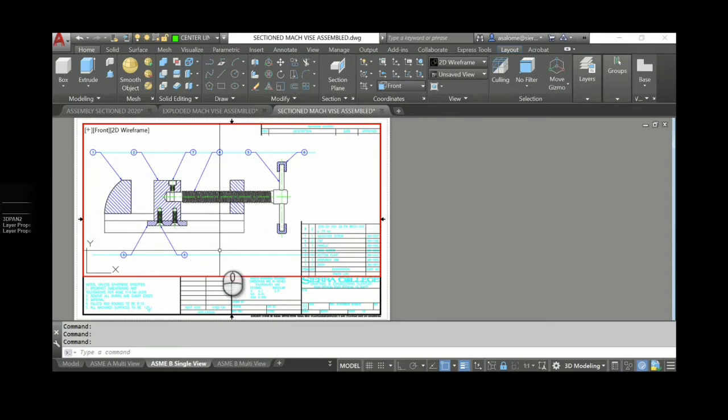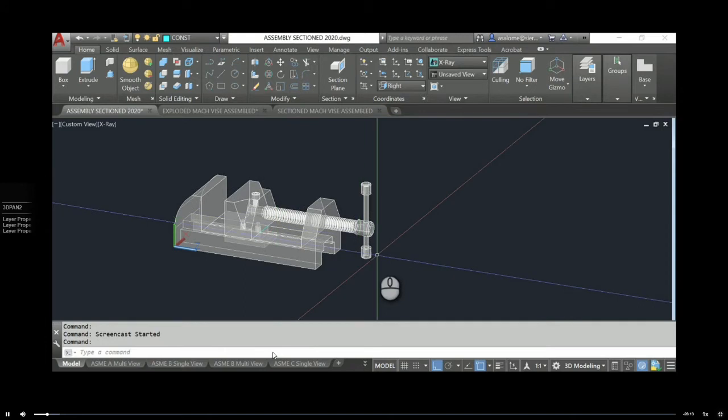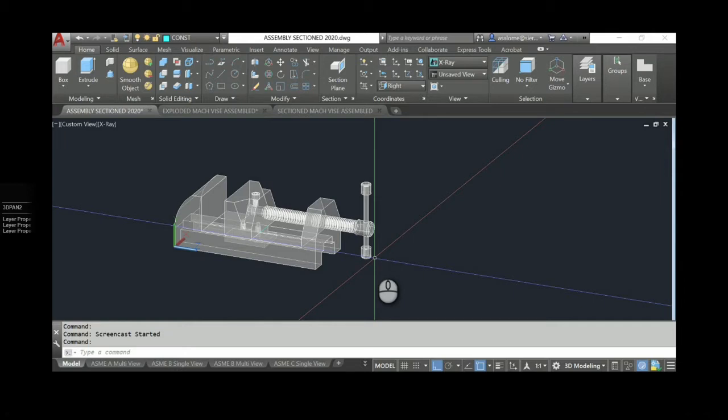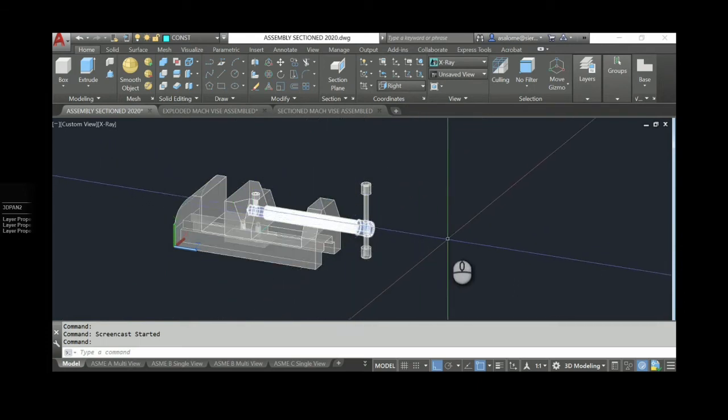I did this at 1:1 on a B-size sheet. So how do I now get those components to produce for me this data? It's interesting. It's going to be a two-step process. And the reason it's going to be a two-step process is if you remember back to the rules of section views, when we section an assembly, the rotational parts or components that are sectioned through the middle of the part do not get sectioned. Instead, they remain what is called in an elevated state. In other words, as if you can see them from the outside.